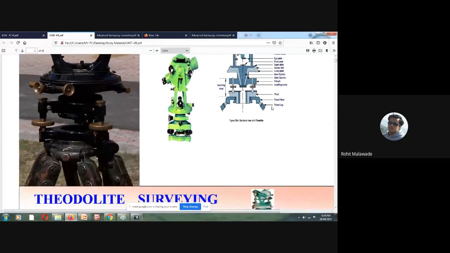I hope this is visible. That is a tripod leg. Is it visible to you? I'm showing it with my cursor. Yes, sir. This particular tripod leg is exactly over here in this picture. Are you getting it? This is the tripod leg, which I am showing in this particular diagram, right?